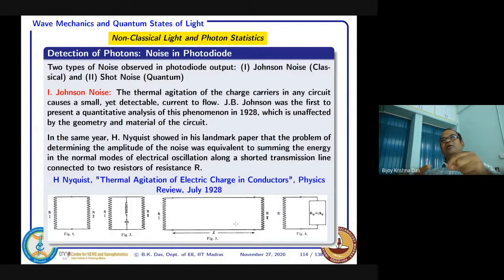So when it is a standing wave, it will be created at various frequencies, right? It can happen that there is a node here and a maximum antinode here. And another type will be there, node here and two antinodes. So all the standing waves will be generated. So that means when you are just shorting and keeping it so that energy is not transferred, the energy will be just stored there as a standing wave with different modes.